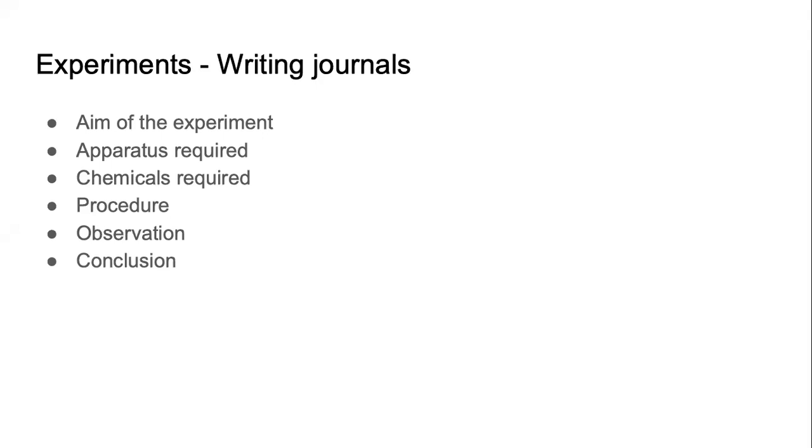कि हमने इससे पता क्या किया? What did we learn from this? And this conclusion will give us the answer to the question that we would have written in the aim. So for example, perhaps the aim of this experiment is to find out whether the change that we are observing is a physical change or a chemical change. So once we do that experiment, when we observe certain things, based on our observation, we will conclude whether the change was a physical change or a chemical change. So conclusion is the last thing.